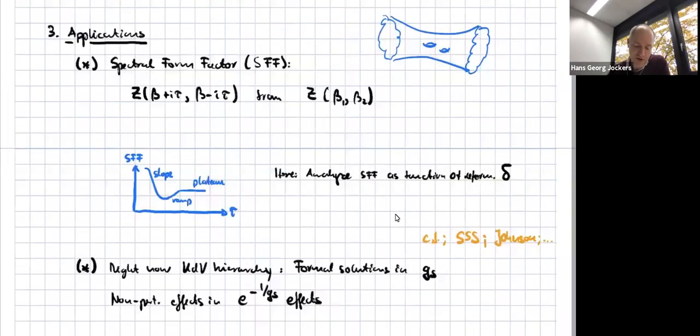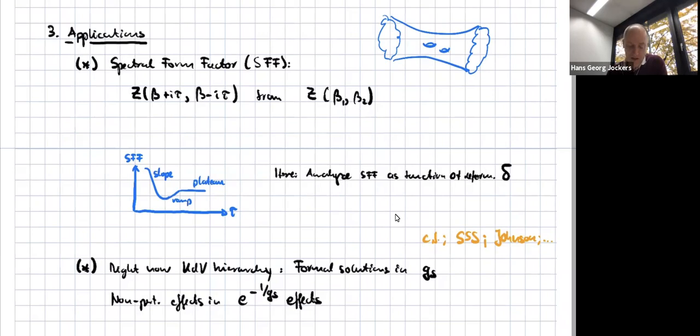A priori, we can compute this function in a similar fashion as we computed the previous function with one boundary. However, a priori, this is a formal expansion in GS. You could say, okay, the leading contribution, as in a quantum field theory calculation, comes from the disk, and then you can add finite contributions at each order which correct that result. Fair enough. But if you take into account all corrections, it diverges.